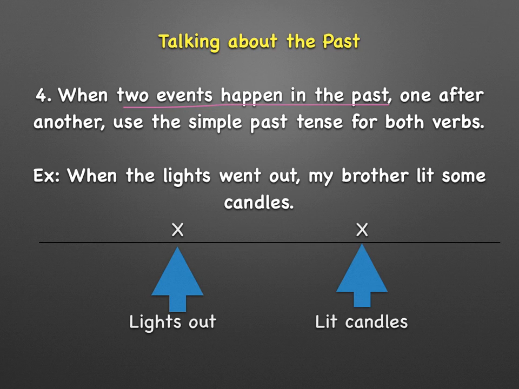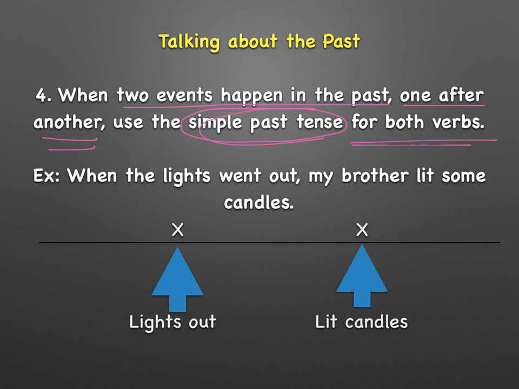Now, here, imagine that two events both happened in the past. So both events are finished in the past. They happen one after the other. Then, because the action is over, you would use the simple past for both of your verbs. Example,